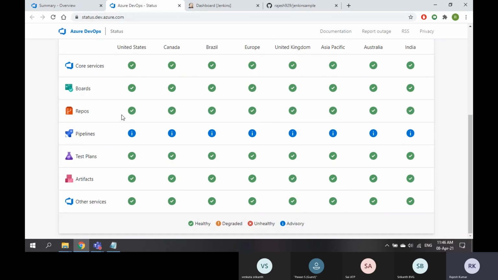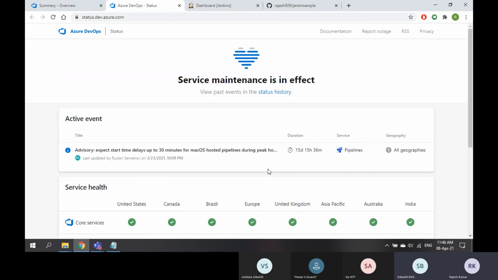Today it is only pipelines, but tomorrow all the services may be down. You just need to wait for the update from Microsoft. So it's not that Azure DevOps is excellent. Azure DevOps is very good, but there are some drawbacks in Azure DevOps as well.